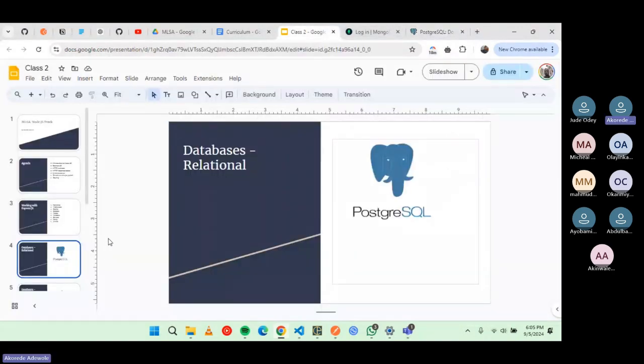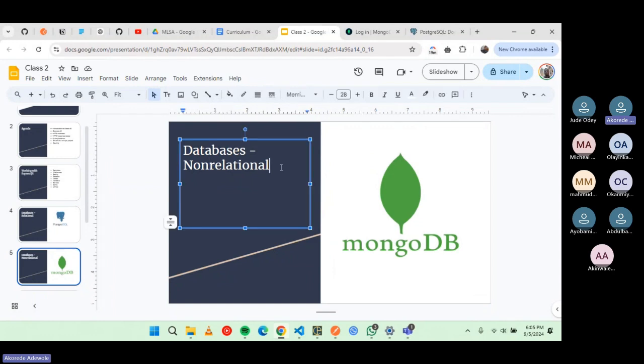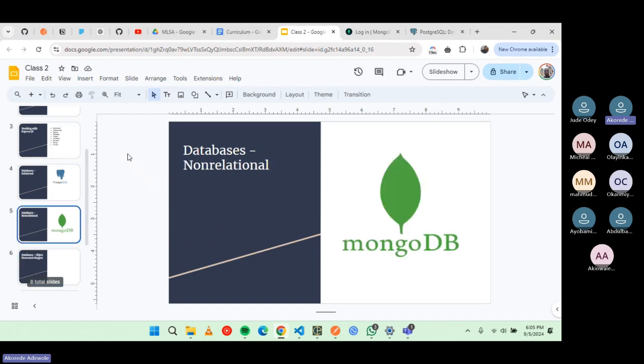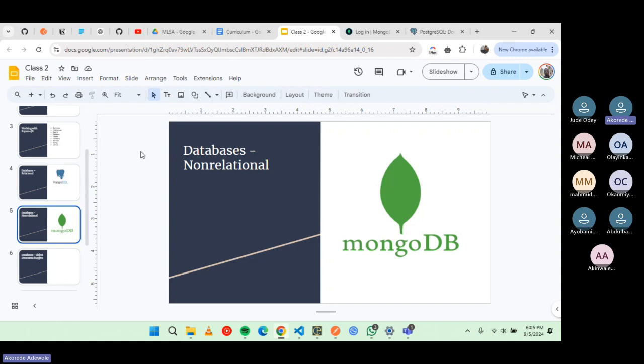So the other kind of databases we have is the non-relational databases. Before we compare them, let's see what the other one is all about, or why it even matters. The other kind of database is, like I said, the non-relational one. In this case, we don't have tables, we don't have rows, and we don't have columns. Okay, so the history goes on that before the internet and web applications became very popular and ubiquitous as we have them today,